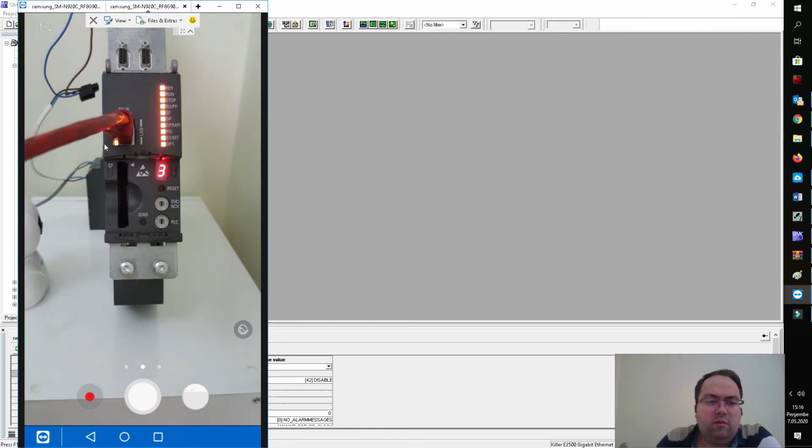With no memory card, there is no CF card right now, and the CPU after power on, you see here the diagnostic LEDs are 3 and 8.